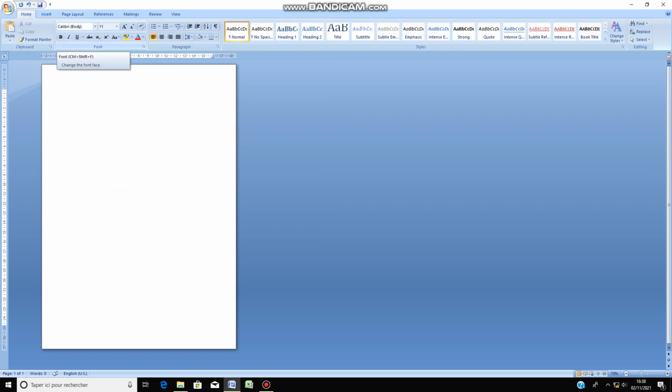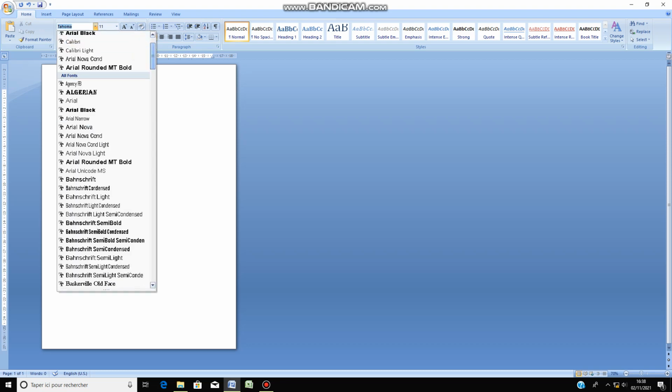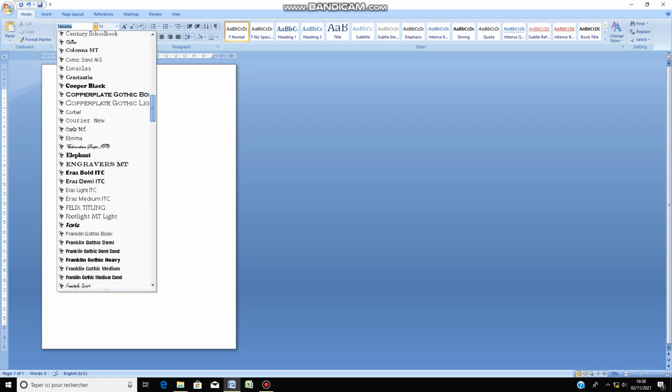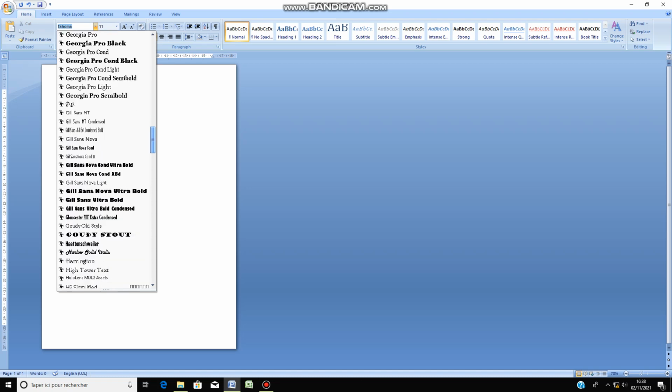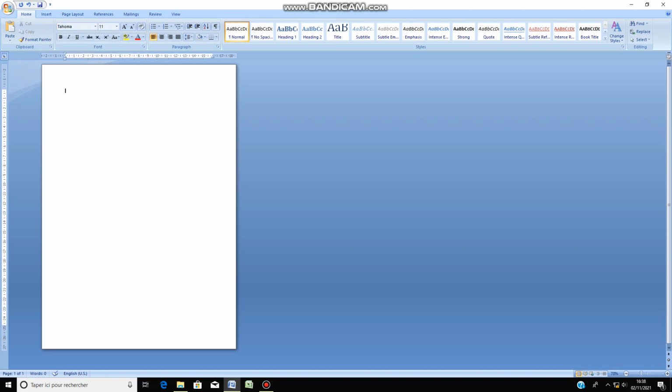Okay, after that, the next thing that you need to do is to change the font type in which you are typing. The standard font type for typing documents in Cameroon and internationally is Times New Roman, or you can take Tahoma. Tahoma is another one. You just go there, you start typing the name, and it will come up. Or you click here on this drop down under the font group, you click here and you scroll down. When you are scrolling down, you can choose a particular font in which you are going to type your document throughout. So that is what is called housekeeping.